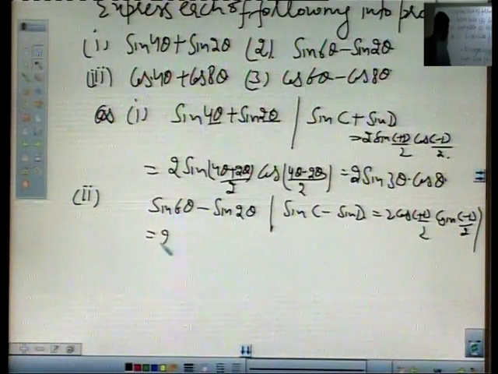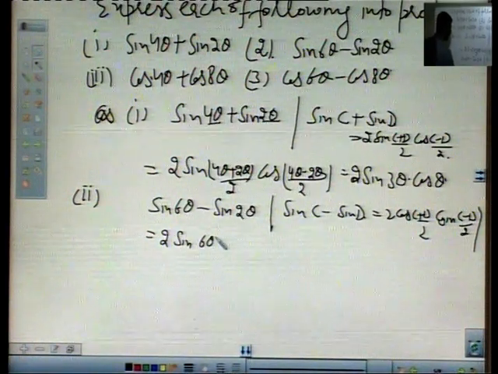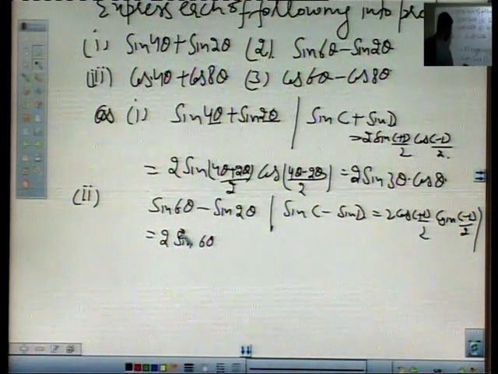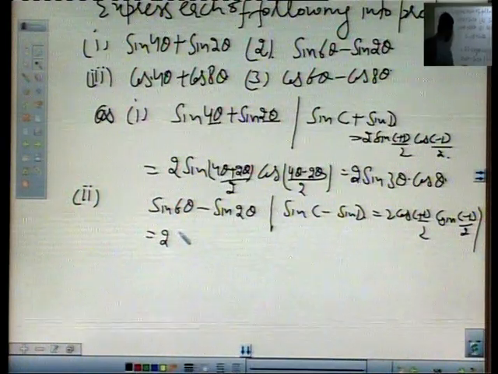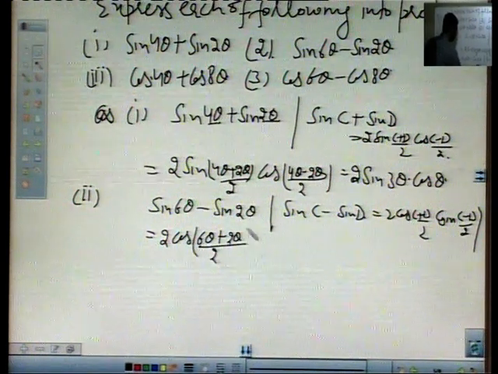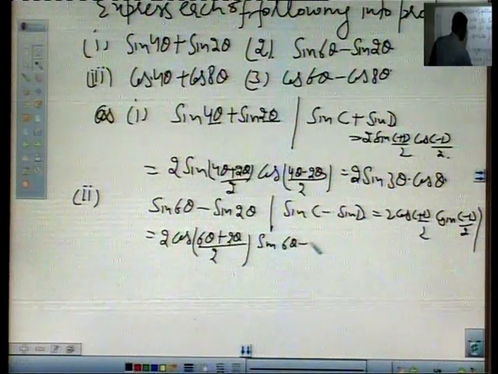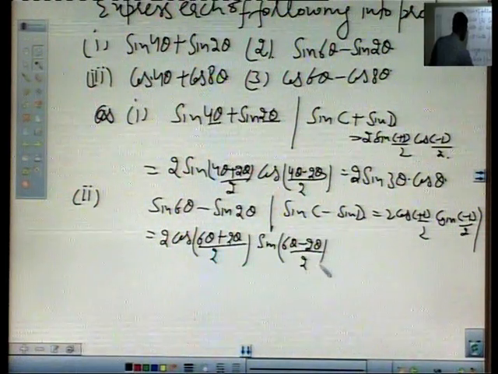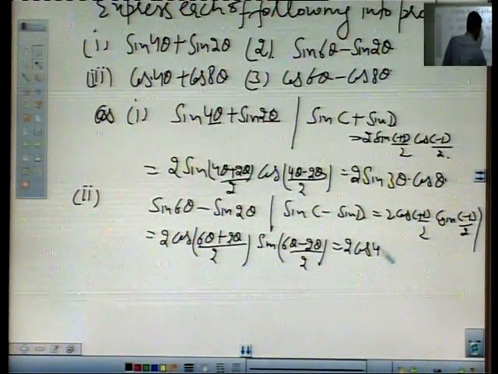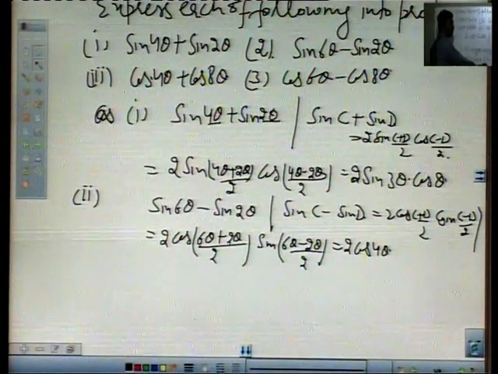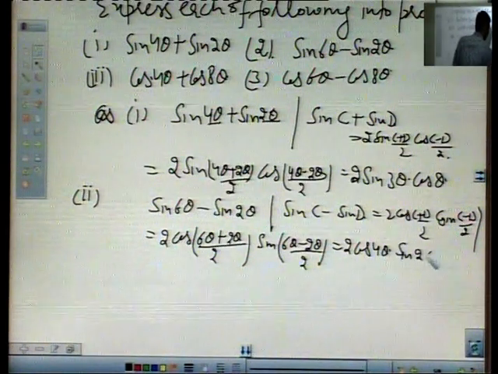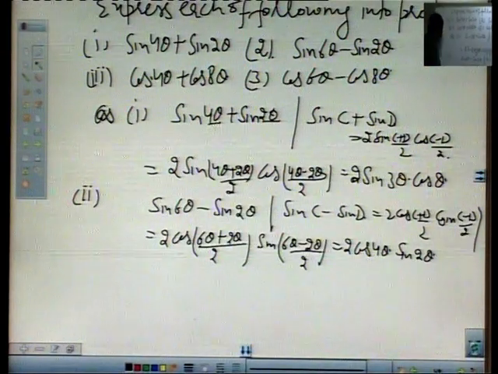So this is 2 cos 6 theta plus 2 theta by 2 sin 6 theta minus 2 theta by 2. So 6 theta plus 2 theta is 8 theta. So it is cos 4 theta, 6 theta minus 2 theta, 4 theta. So this is sin 2 theta. And third one is